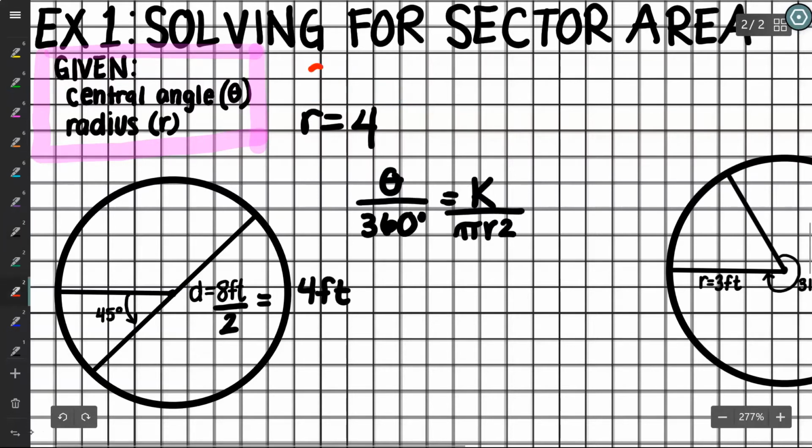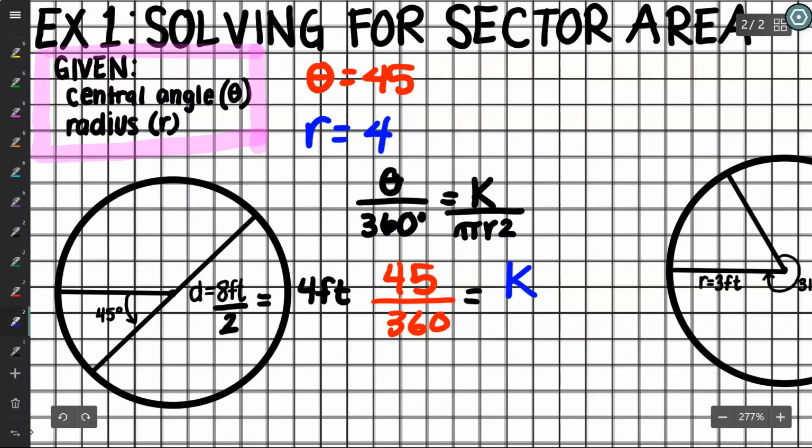So theta equals 45 and radius equals 4, just so we can see where we're putting them. So I'm going to have 45 over 360 equals k, that's what we're solving for, our sector area, so we're going to leave it as k over pi